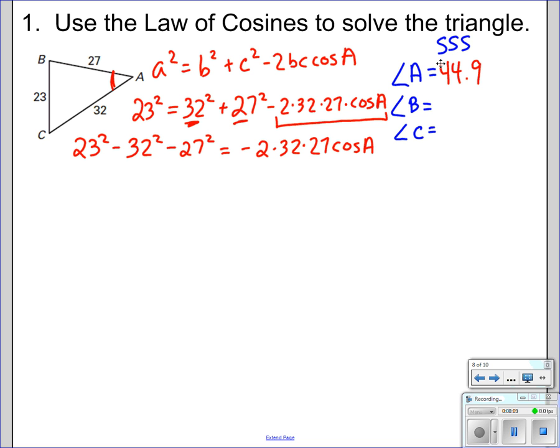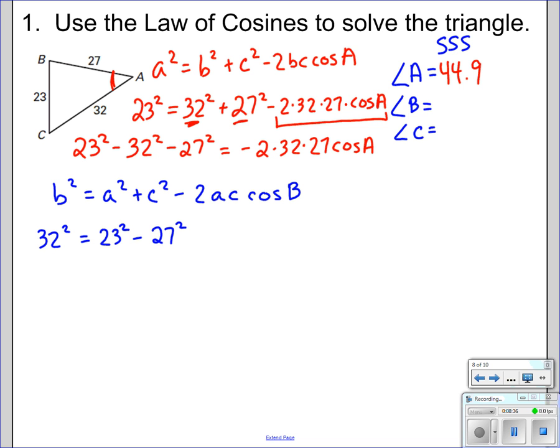Now you need to set up your law of cosines again to get angle B or angle C. It doesn't matter which one you find next. Let's go with B. B squared equals A squared plus C squared minus 2AC cosine B. You might want to rewrite that formula out a few times so that you get accustomed to using it. B squared, that's 32 squared, equals A squared minus C squared minus 2AC